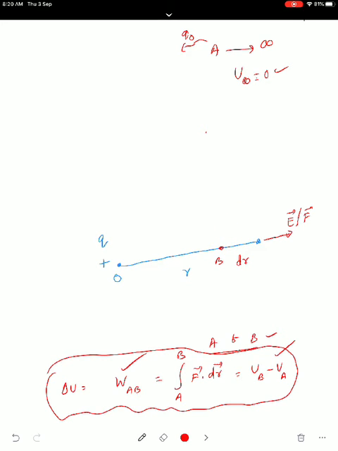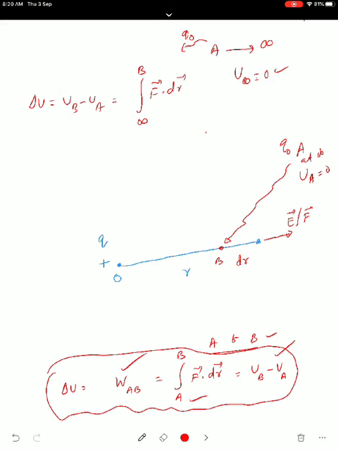Now A is at infinity. Point A at infinity, there is no potential difference. Potential energy, we take it as 0. No force, no electric field. No work is required. From there, the charge Q naught is brought to the point B. So how do you write this equation? Change in potential energy, we write it as delta U equal to final potential energy minus initial potential energy. This is equal to, integration is taken from where? A is at infinite distance. I am taking from infinity to the point B, F vector dot dr vector.